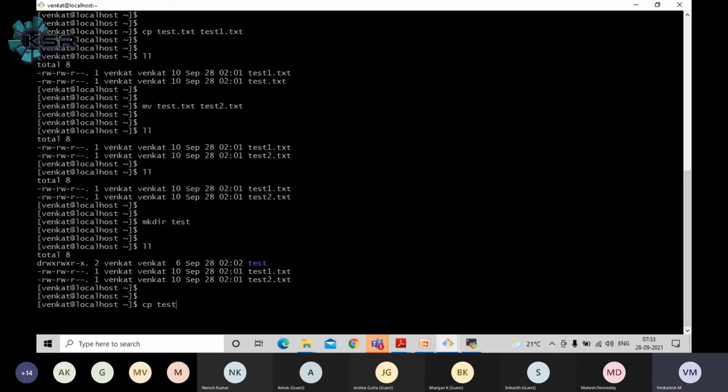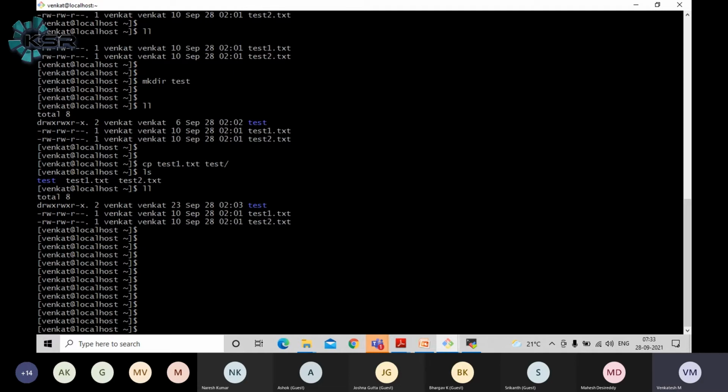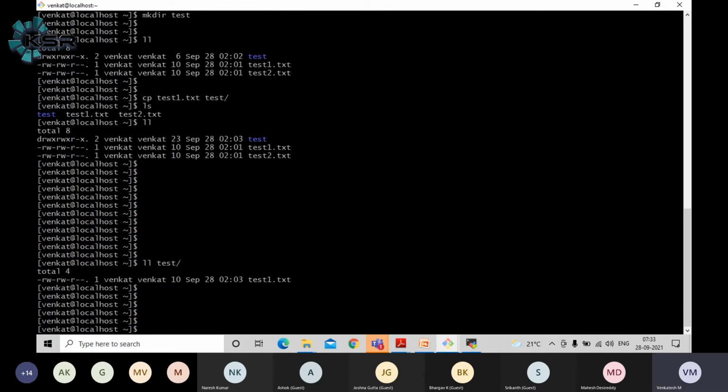cp space test1.txt test folder. With this operation, currently the test folder is there and the test1.txt file is also there. Now let's see the data within the test folder. When you look at the data in the test folder, you can see test1.txt.